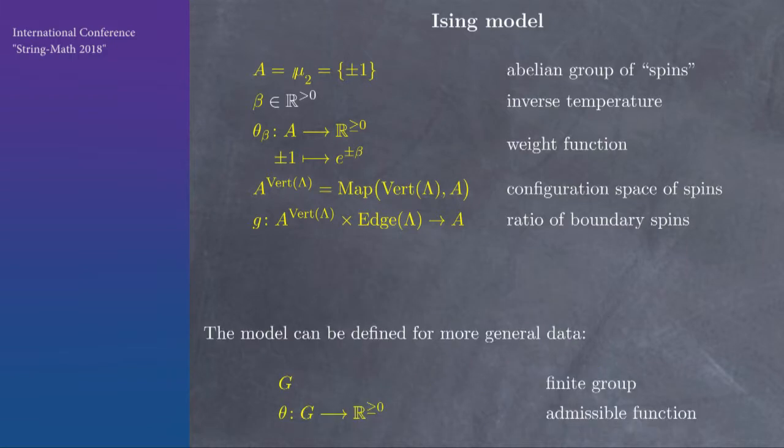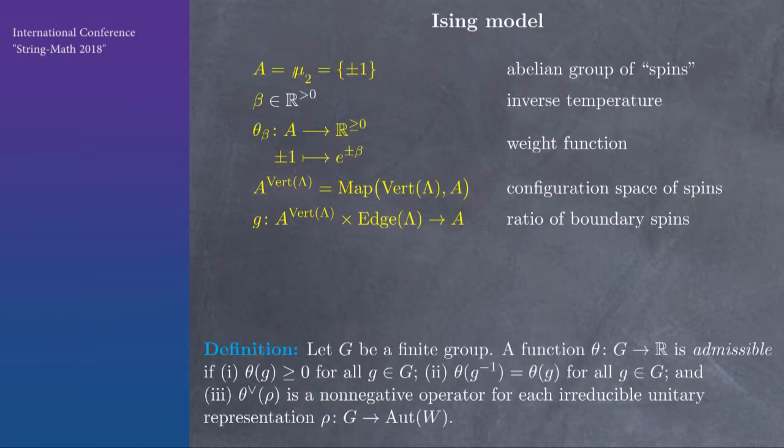And, well, we can clearly do it more generally. We didn't have to have this finite group plus or minus 1. We could have an arbitrary finite group. And we'll need to know these weights, so we'll need to have a function on the group that will tell us how to construct the weights. And that function, well, we want it to be symmetric in this sense because we're not orienting the edges. So when we take the ratio, we don't have to orient the edges. And basically, the other conditions say the function is positive or non-negative, and its Fourier transform is also non-negative. So those are the conditions on those weight functions.